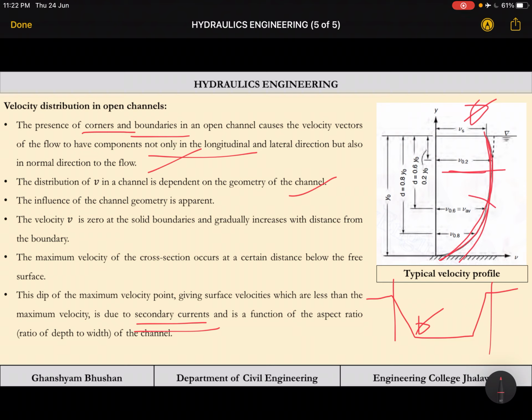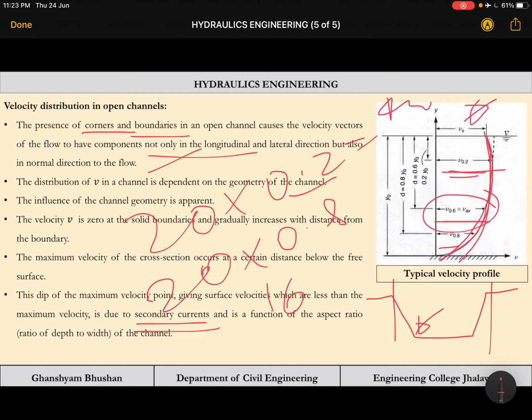So you can see, if we have to calculate the average velocity of this section, and it is a shallow section, say 1 meter deep, we can take the velocity at 0.6 meters. If it is very deep, like 10 meters, 20 meters, then we will check the velocity at 2 points, that is 0.2 times the depth and 0.8 times the depth. Like if it is 20 meters, 20 into 0.2 is 4 meter, and 20 into 0.8 is 16 meter. So we have 2 points, 4 meter and 16 meter. We will calculate the velocity at these 2 points and take the average.